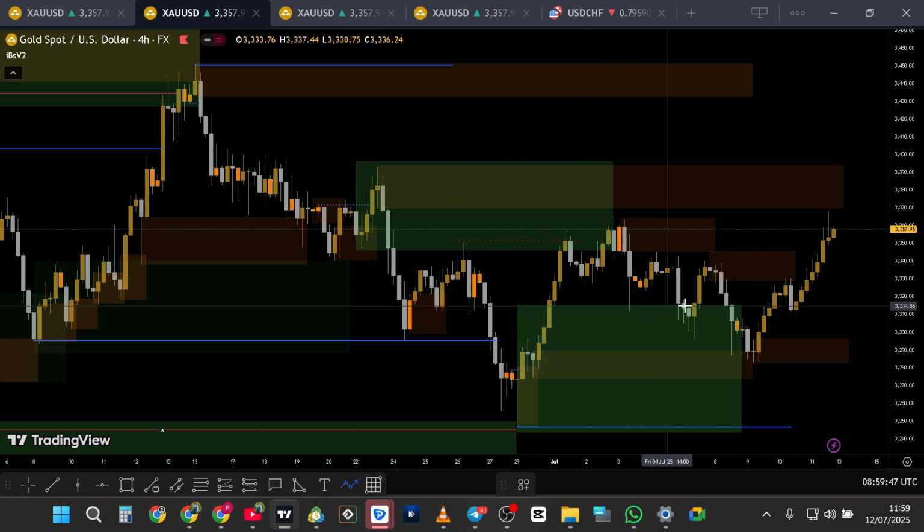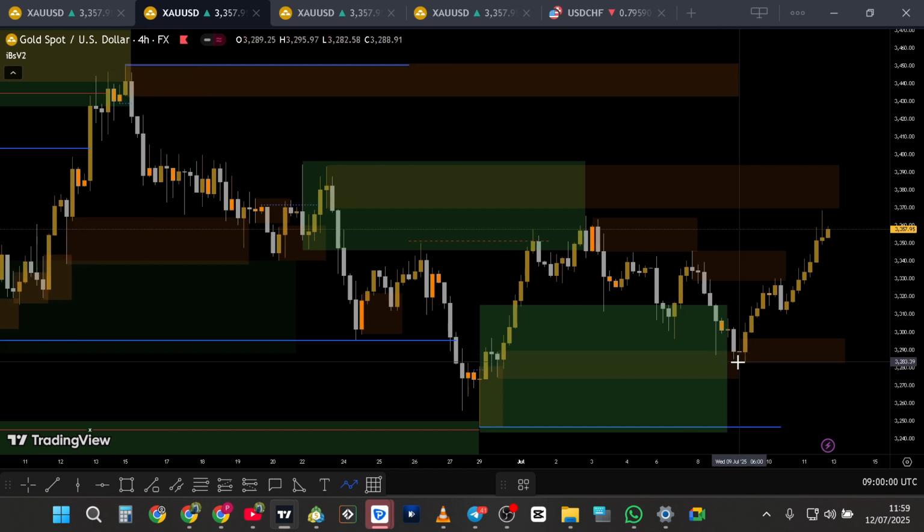Then again we switched direction to the downside, and price reacted to the supply here and pushed price to the lower side. So one thing I've learned with forex trading is you need to be very attentive on the high time frames, because the high time frames tell you the story. Because imagine if you are right here and you notice this reaction from this supply, or maybe here, if you